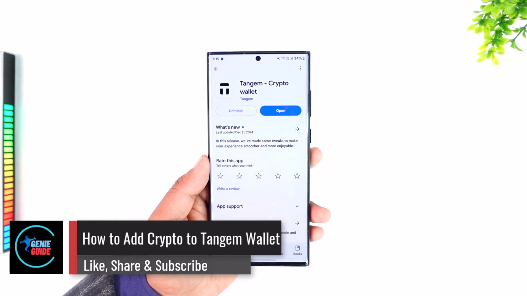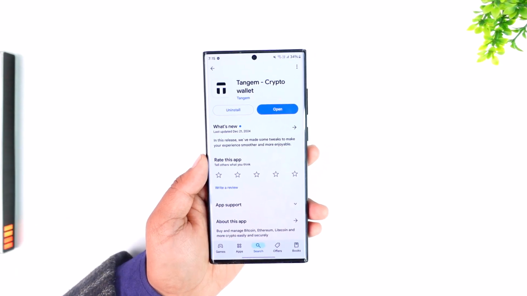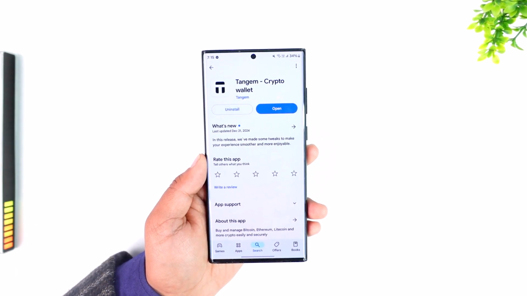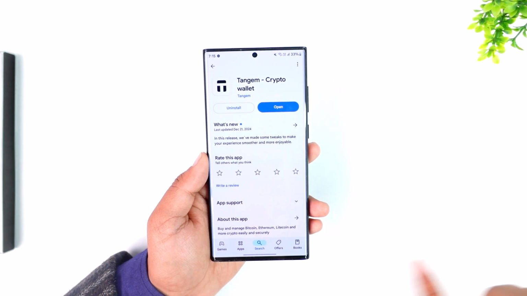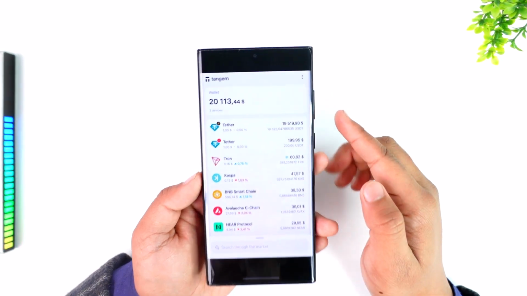How to add crypto to Tangem Wallet. Now, if you want to buy, sell, or receive crypto in Tangem Wallet, you first have to add the token of the crypto to your home screen in Tangem Wallet. Now, to do that, first of all, launch the Tangem Wallet app, then log in, then just tap on the